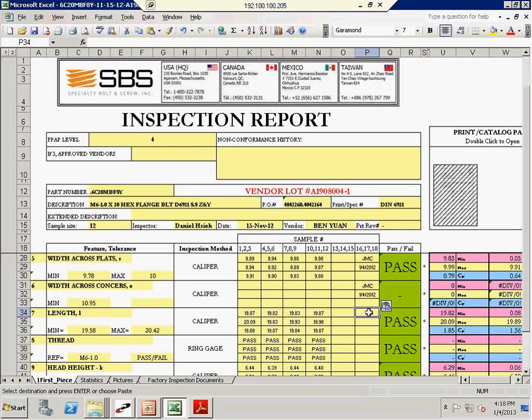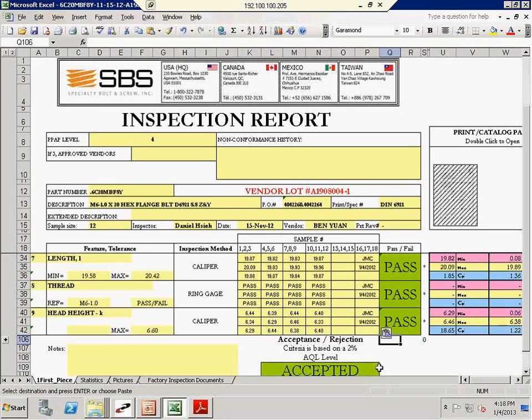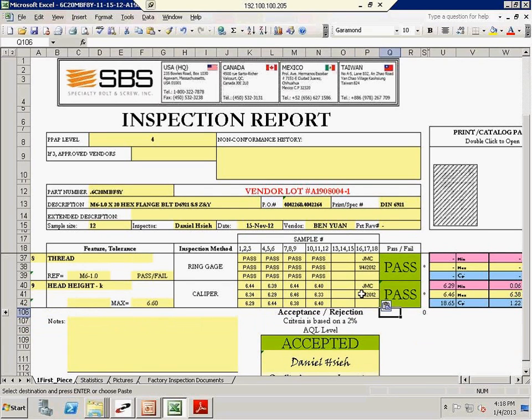Measure pieces there, but they're going to be passing. So I've audited what Daniel's done, and I'm satisfied that everything is good. And I've put my initials and the date that I did the inspection for future reference. And all I'm going to do is hit Save As,